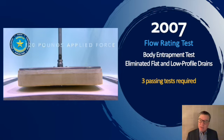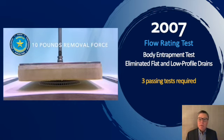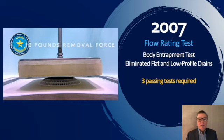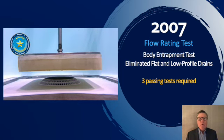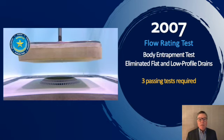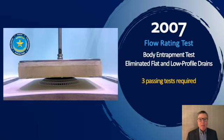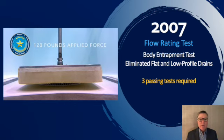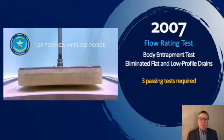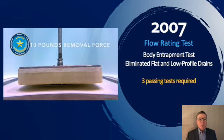And then this test is done with the pump running at the maximum flow rate for whatever cover is being tested. And in this case, the pull force can't exceed 15 pounds. And by doing this, we're addressing the body entrapment hazard that existed prior to this test. It's the reason these covers stick up. It's also the reason why it's critically important that when you